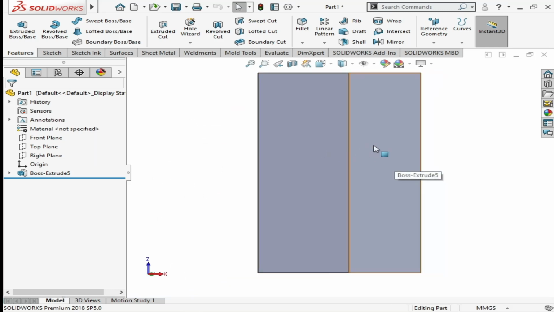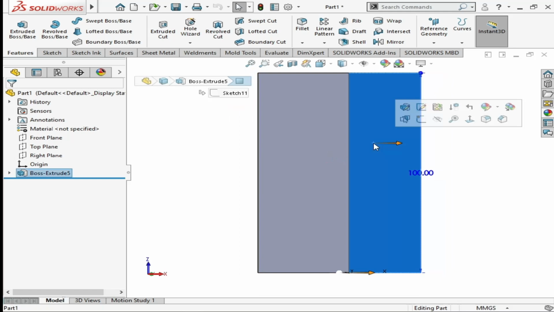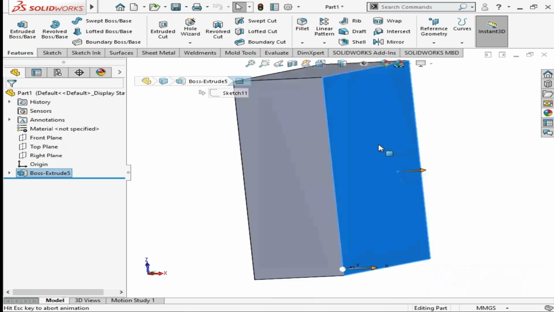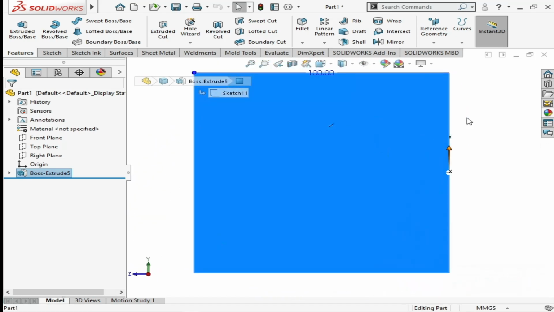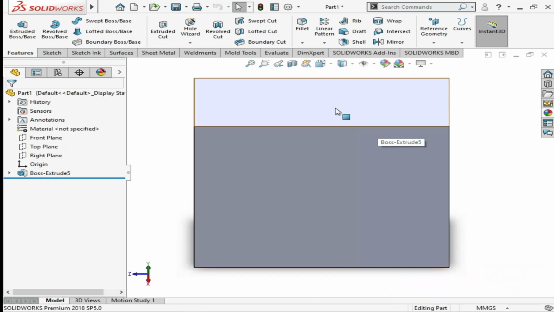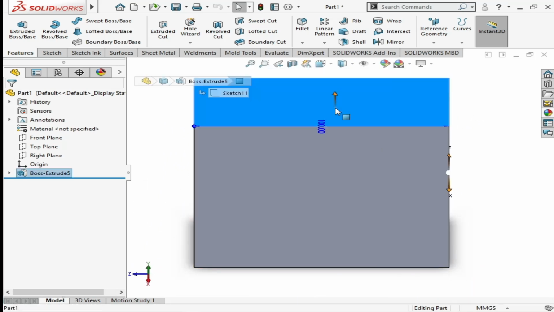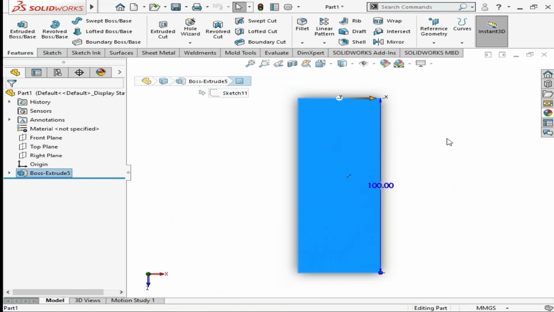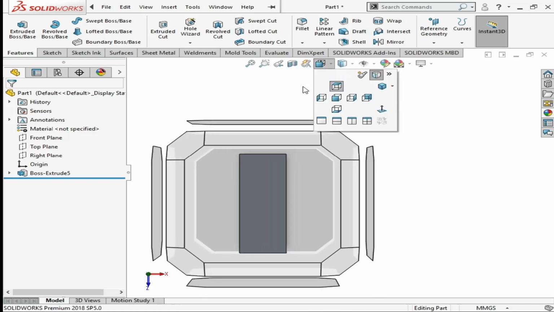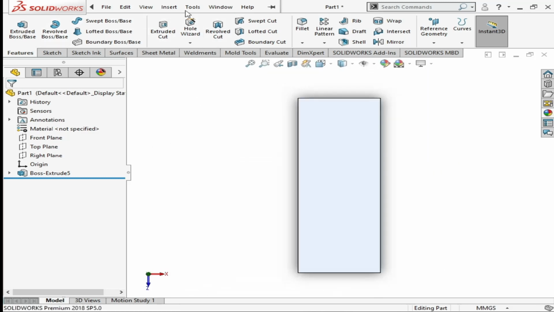For example, if you want this side to come to the front, you will simply click on this and it will turn blue. After that, you will click on control 8. It is a most usually used tool. You can select any side. For example, if you want to select this side, click on this and click control 8 and it will automatically come to the front.